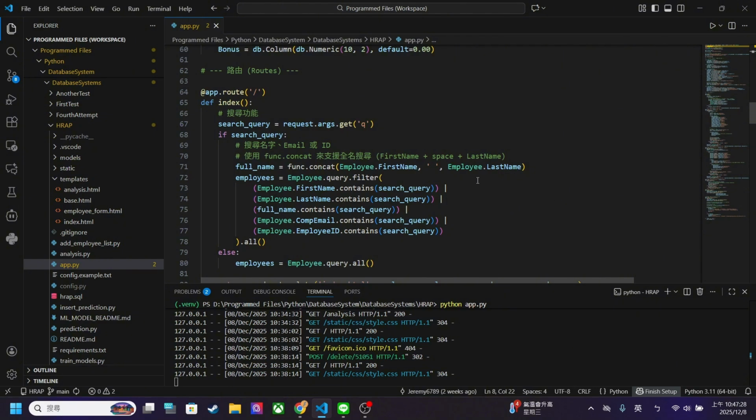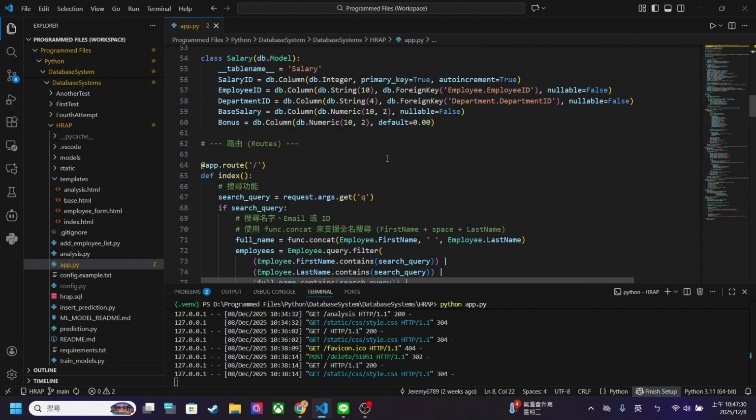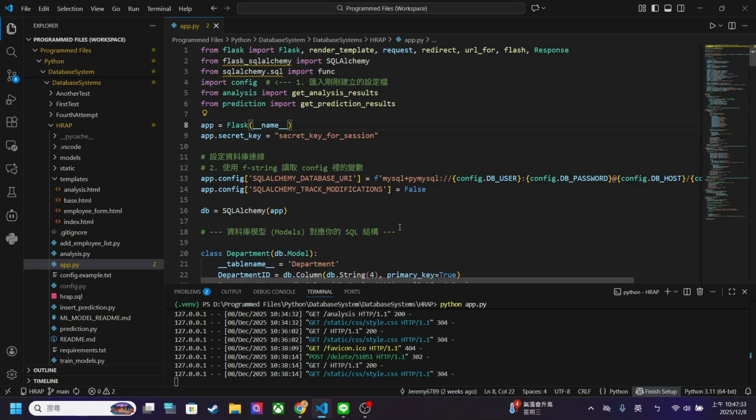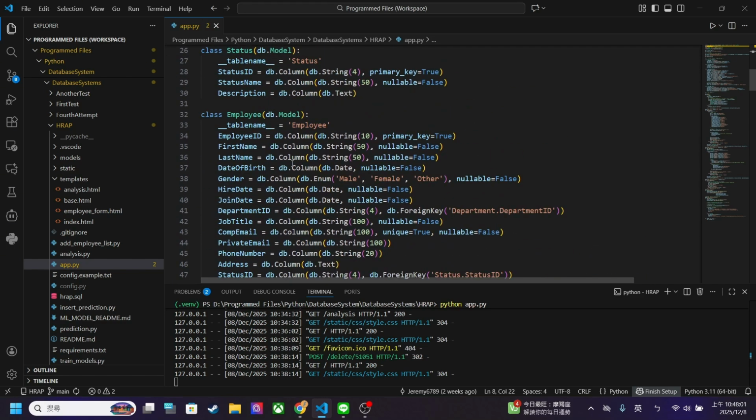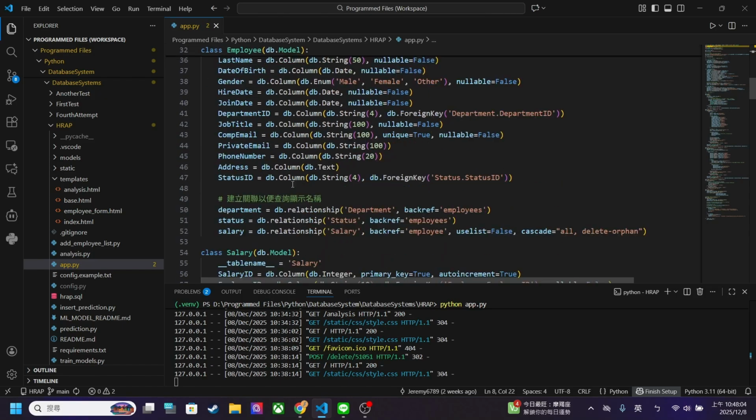And let's start with app.py. Okay, we start by configuring the database connection. We used an F string to securely inject a credential from a separate config file, and then initialize the SQLAlchemy ORM. And then in the class, this is a table, and in class Employee here,